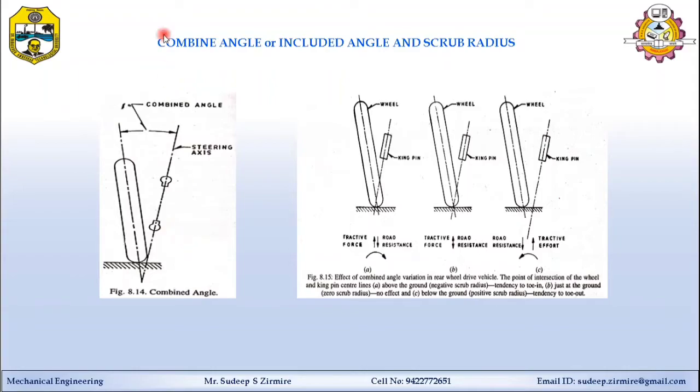In this topic, we are going to learn combined angle or included angle, second name, and scrub radius. So first, see the combined angle. The angle between the center line of the vertical wheel to the kingpin or SAI line, and it is equal to the camber plus the